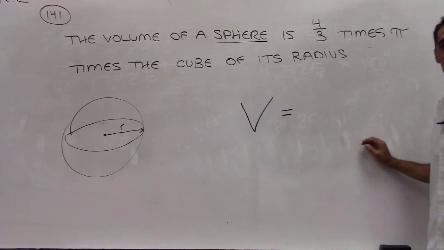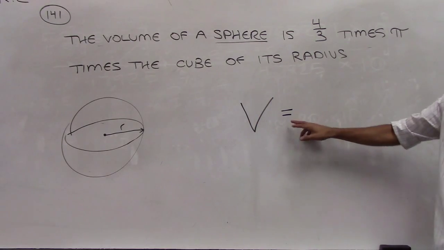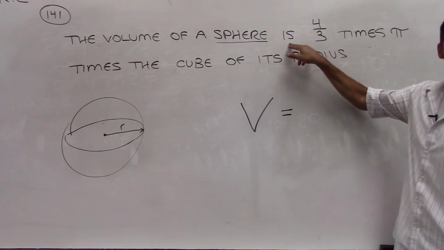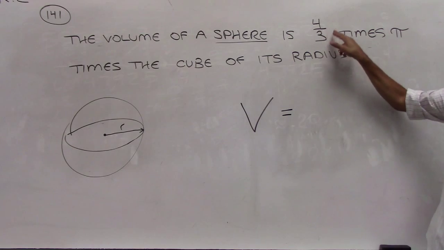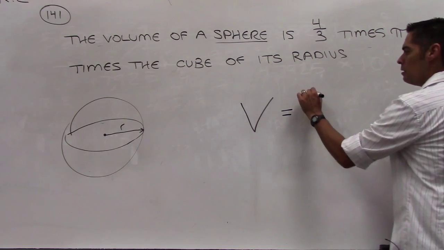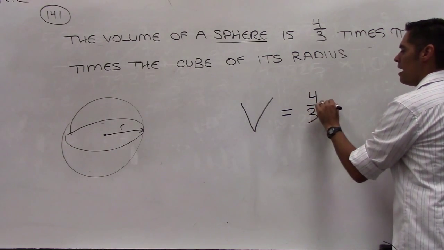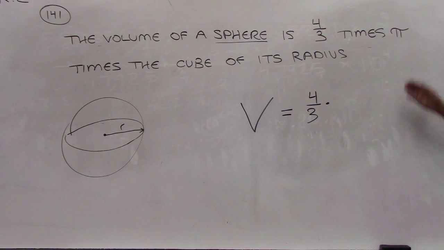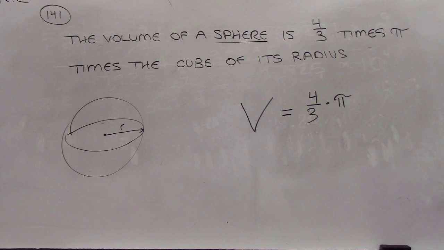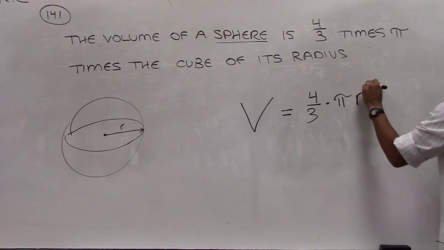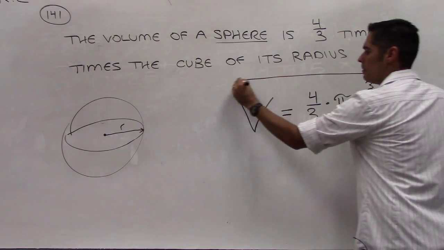Volume of the sphere is equal to, so is, right? Doesn't the is mean equal? Is 4/3, which is just a fraction, times what? Pi, that's just a number. It's an irrational number, right? Times the cube of its radius, r cubed. This would be the volume formula